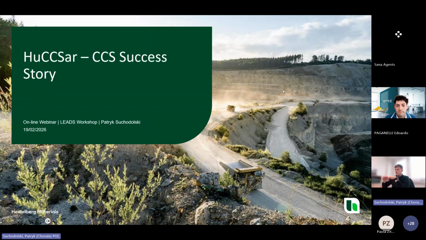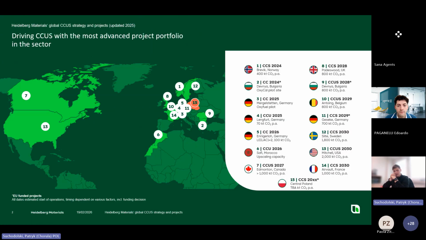Yeah, so a little bit about the Heidelberg, about our CCUS portfolio. It is a very broad portfolio, and we are proud to expand it with every year. We were very successful last year in the Innovation Fund applications because 4 of our projects were invited for the grant application, grant agreement preparation process. One of which, this is the Husar project.